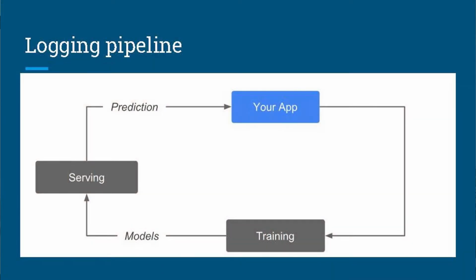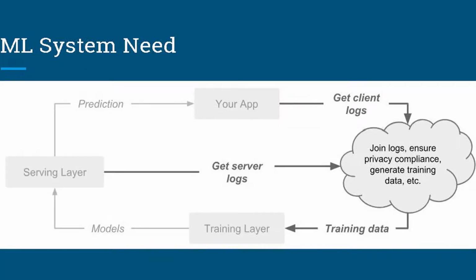So in typical software, you will see something like this, right? You will have your app that will generate logs, you will get some training data out of it, you will create a model, and then you will deploy it, and you go your way. Not so fast. There is an important step there at serving time, because when you deploy your model, you need to pull up all the features which you used for your model, and this is a very critical step. Many times we build our awesome models, and when we go to production, we don't have a way to pull these features at serving time. And I learned this lesson the hard way.